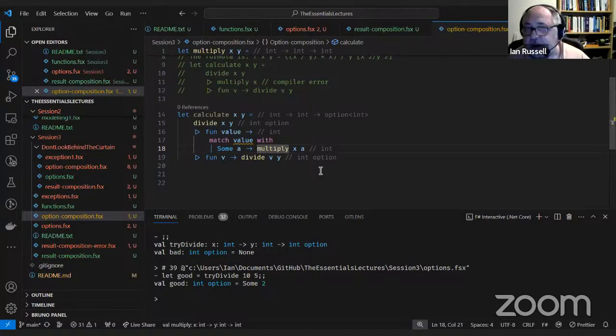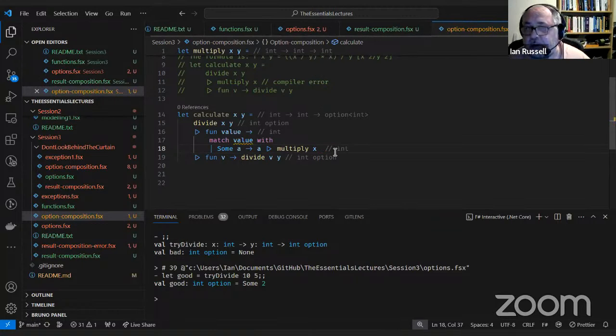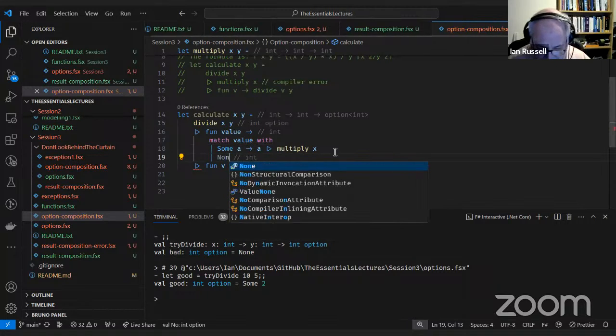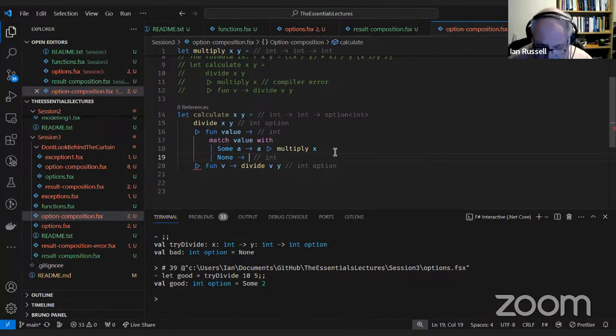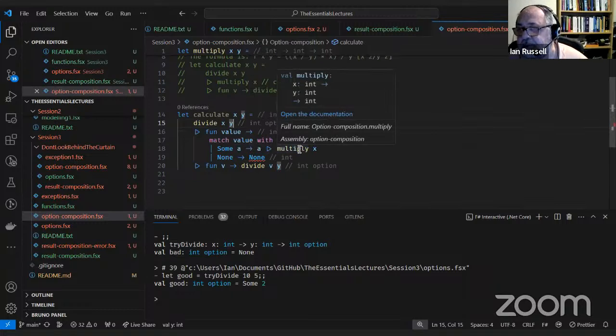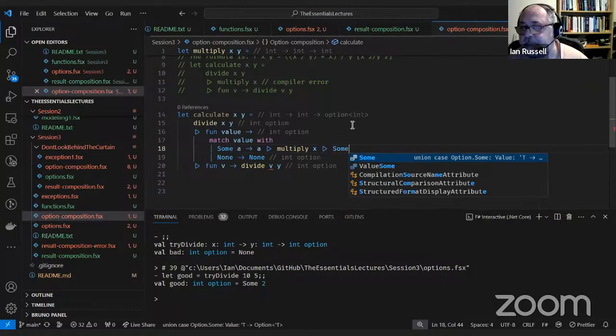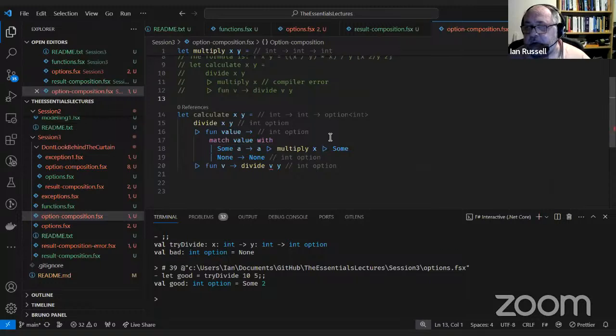Well, actually, we can do that. Okay, and it's telling me that obviously that's because multiply doesn't return the option, but this one does, so I need to add the sum onto there, exactly the same.